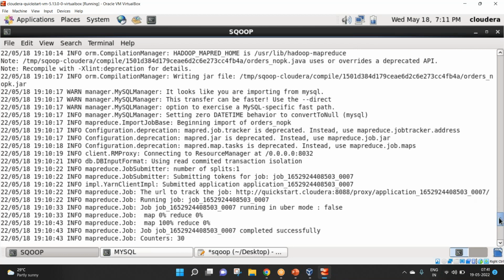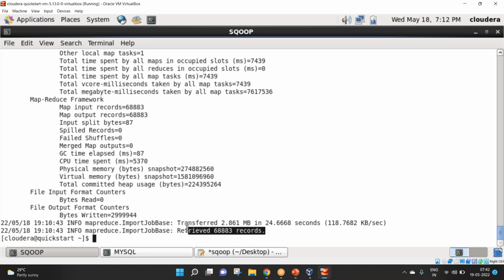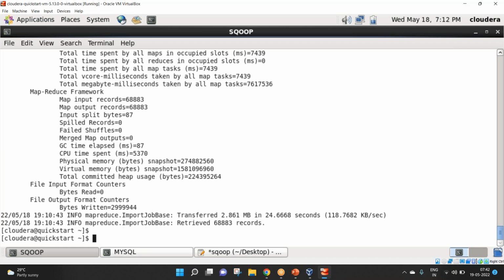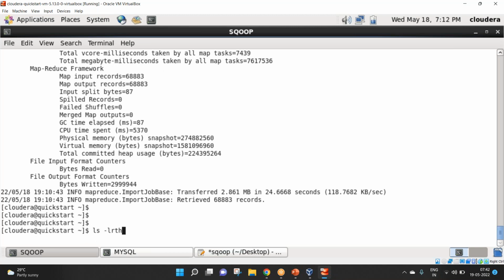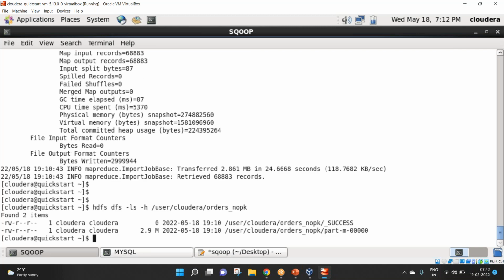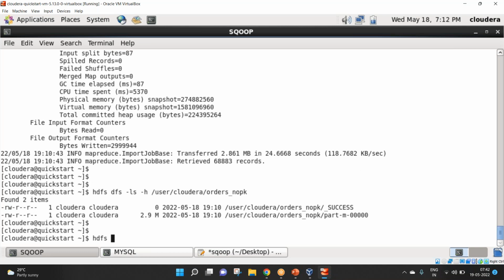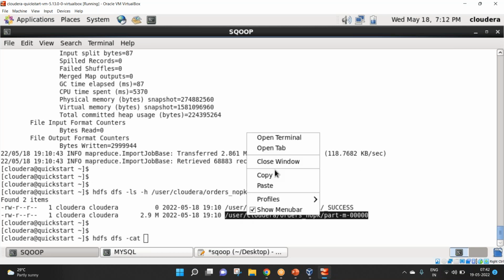Now it must be importing everything. You can see the same mapper must be importing 68,883 records. So let's go to the HDFS location and cross check certain things. So I'm just going to go to my HDFS location, that will be auto Sqoop PK. So how many files should be there? Just only one, because as we did the sequential import by using one mapper, you can see there is only one output file. Also, if you look at the contents in this particular file, you should